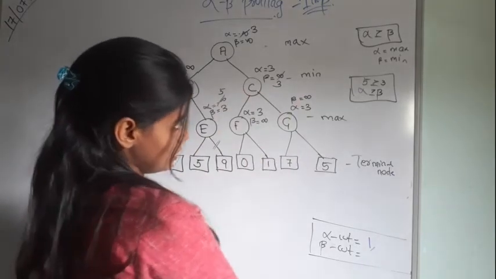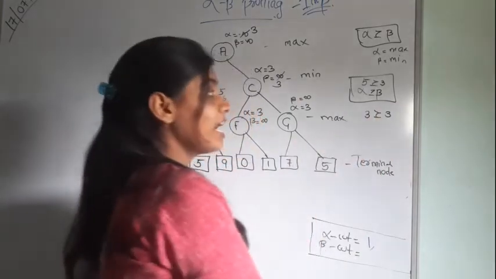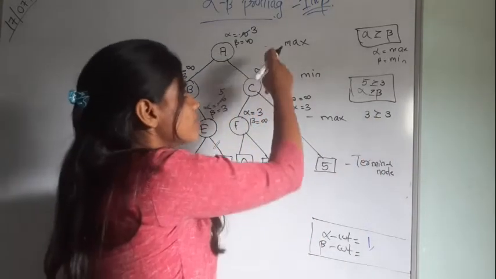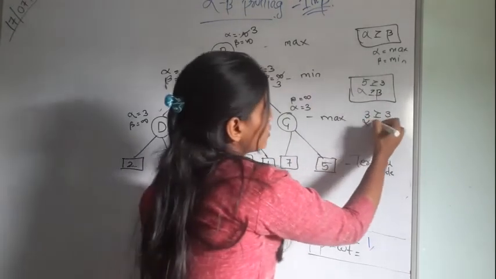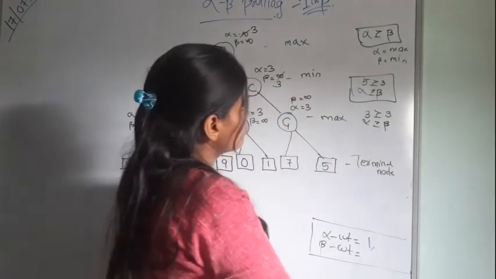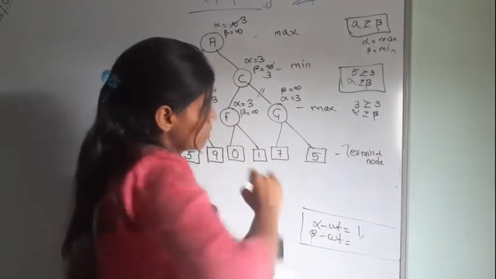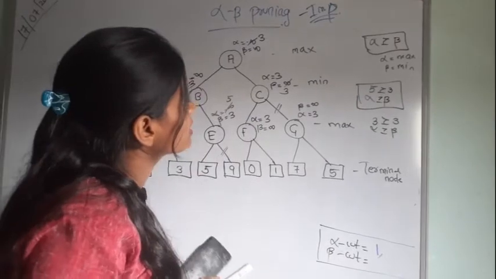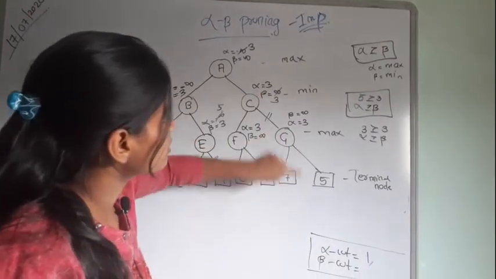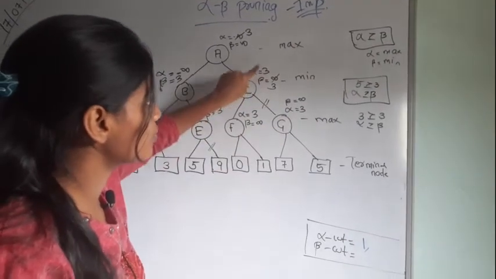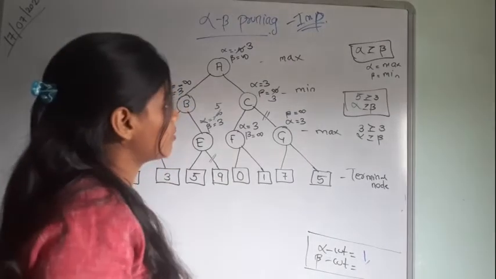Now you can see here the alpha value is 3, and the beta value is also 3. I have told you before in theory that when we get the same value, that is 3 greater than or equal to 3, alpha is greater than or equal to beta, that value gives us a pruning. So we will do a pruning. Alpha is greater than or equal to beta, 3 is greater than or equal to 3, then all these nodes get pruned, because you got the maximum which is greater than or equal to beta. So I have done your pruning.